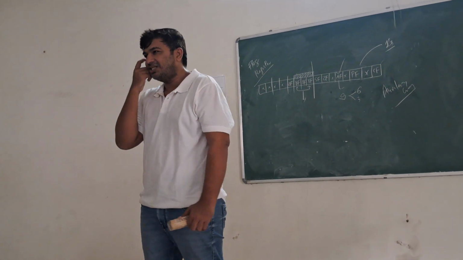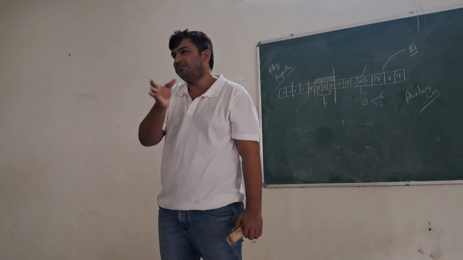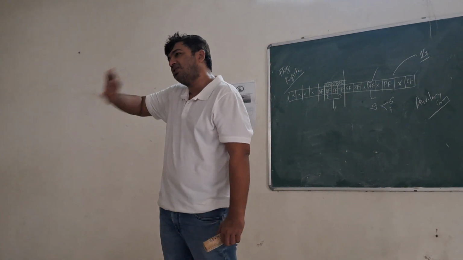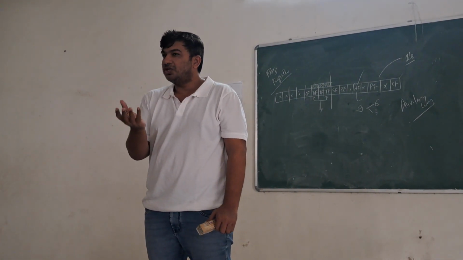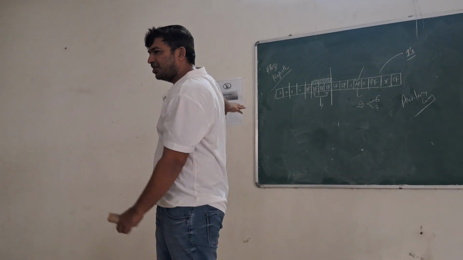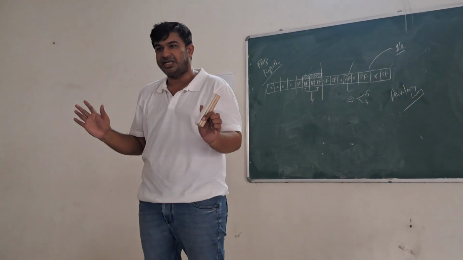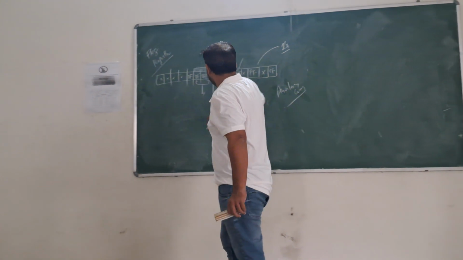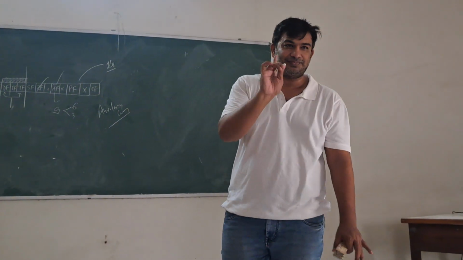The simplest advantage is when I want to compare two numbers. So how do two numbers get compared? First number minus second number. If your answer is positive, the first number is bigger. If the answer is negative, the second number is bigger. If the answer is 0, both are the same. So if your answer is 0, I just need to go and check the zero flag. If it is equal to 1, both are the same numbers. Understand? So the zero flag is the simplest flag: when your answer is 0, the zero flag is equal to 1.